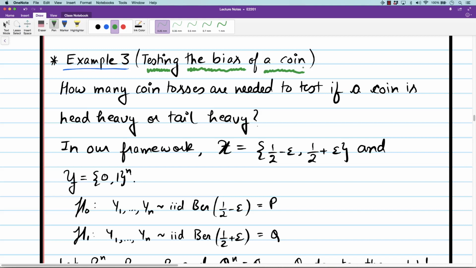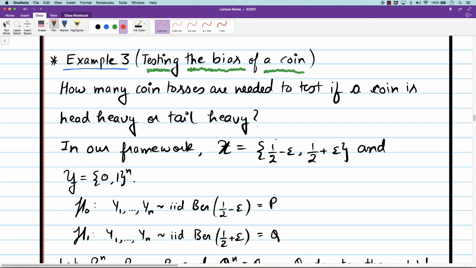So let me try to articulate this problem. It's a very simple problem to state. You have a coin and you want to figure out if it's head heavy or tail heavy. How many times do you need to toss the coin to answer this question with good reliability? So let's formulate this problem in the hypothesis testing framework that we have introduced, the general formulation. So the alphabet X, the unknown X,